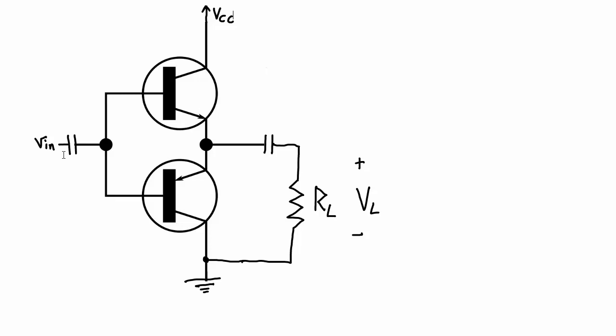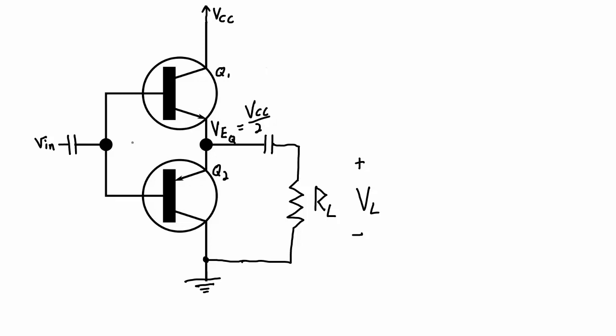The input is split and goes to the base of both of the transistors, and the output is taken at the emitter of both transistors. This point right here is the emitter voltage. It's the emitter voltage for both transistors. And from a DC point of view, my VEQ point is going to be equal to VCC over 2. This voltage from VCC gets split between transistor 1 here and transistor 2 here. Let me label those two, Q1